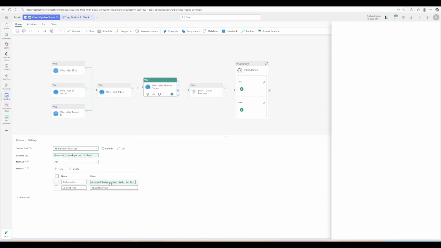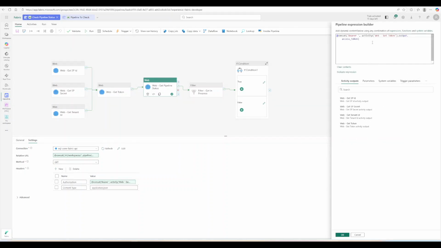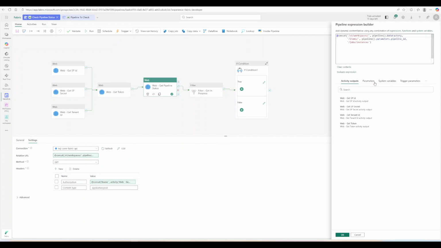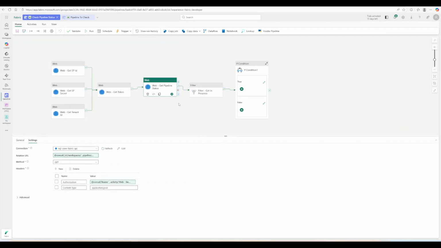And in all the rest of it, it's a get method. So we've got our web token we're going to provide from our previous stage to authenticate, and the content type in there. So we have a post and a get, and then it will return something. Now, what we'll be returning in the web get pipeline status will be the last 100 times the pipeline's run. It will return that bit of data,